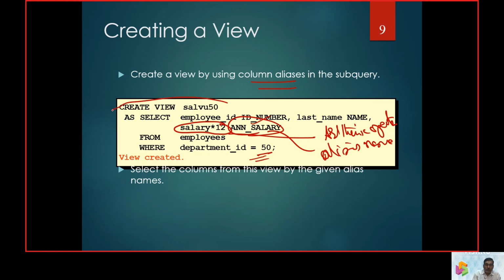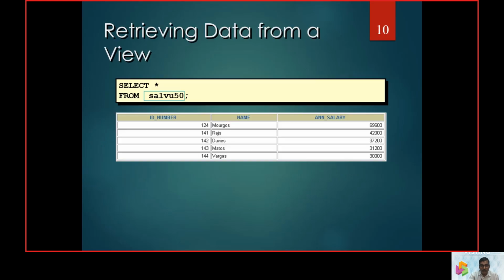So the first part, we are creating the view, salary view of 80, and in the second part we use AS, and thereby we bring in the select command with the from clause and where clause. So again we have a subsetting here: employee ID followed by last name with the name, employee ID with number. So name, number, salary. These three items we call aliases. We call this the aliases option.